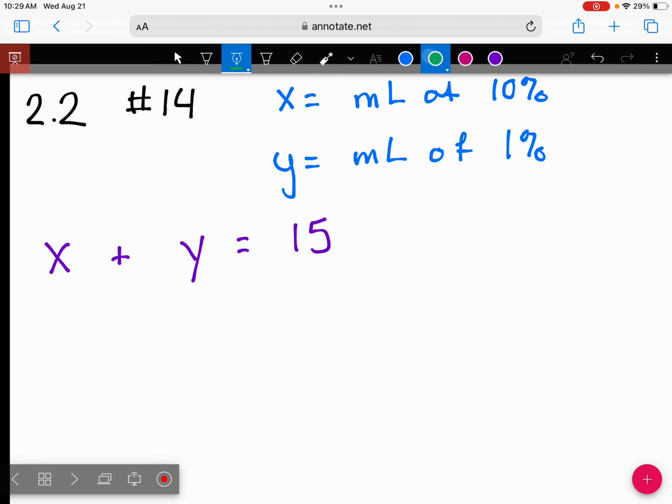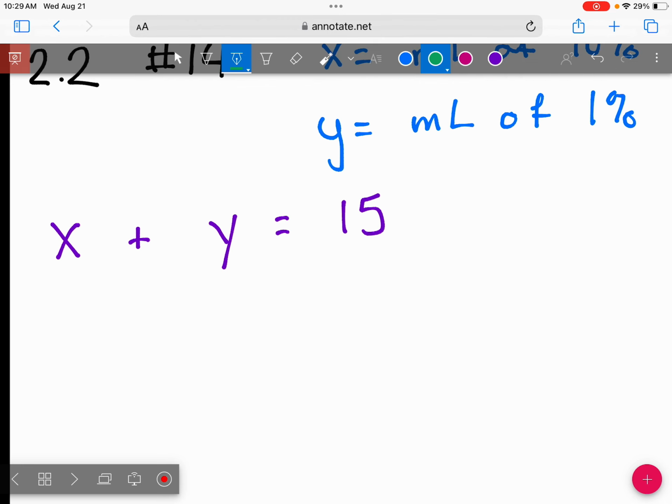All right, so I'm going to talk it through. We're taking 10% of our X, so we have our 10% solution, 0.1 of some number of milliliters. We don't know how many milliliters yet, but 10% of X is made up of that active ingredient. We're going to be adding it to the 1% of Y, 0.01 of Y, and we need that to equal